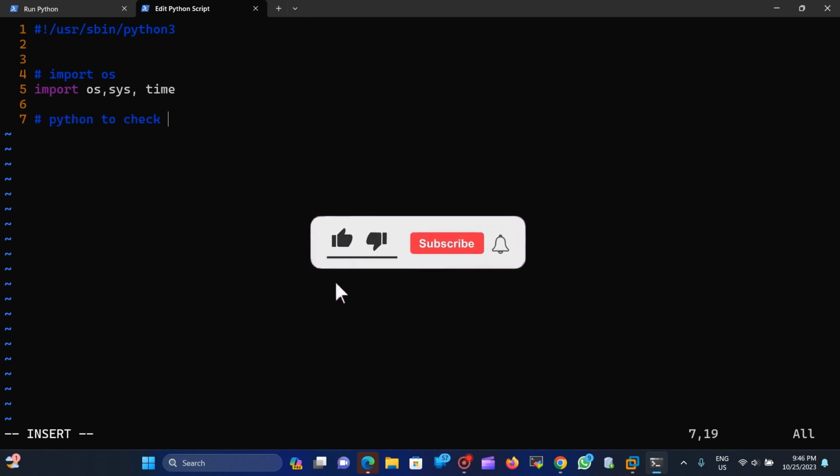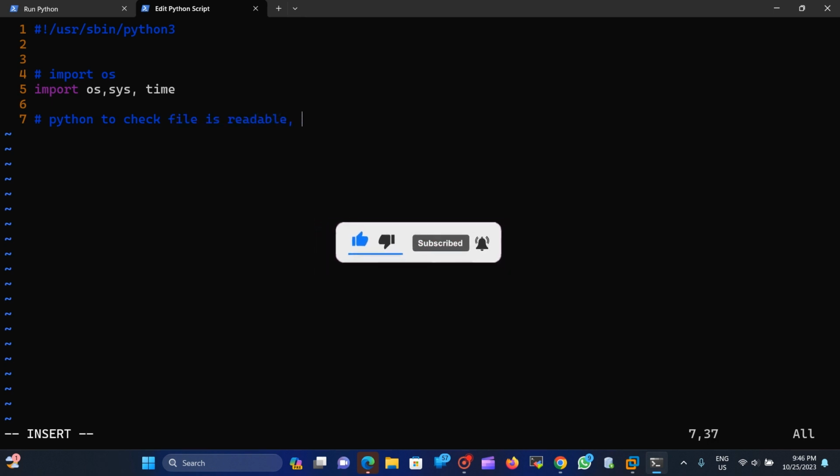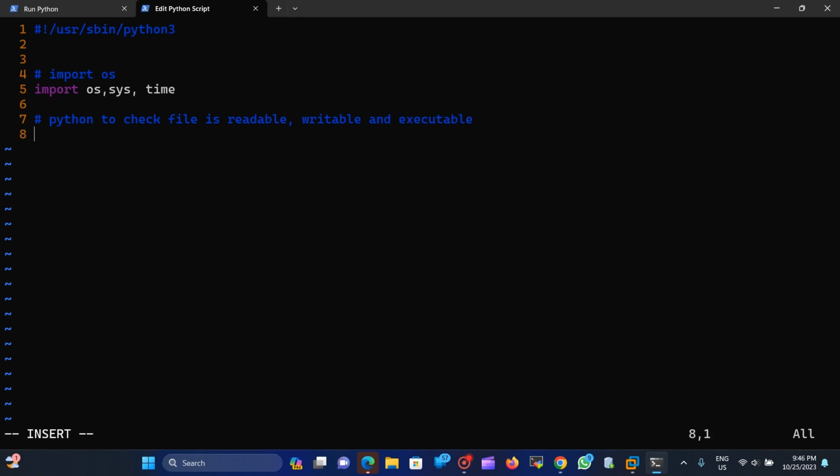Now we will use Python to check whether a file is readable, writable, and executable. For that we will take the file path from the user, and using the if else statement we will do it, right? So okay, if os.access,